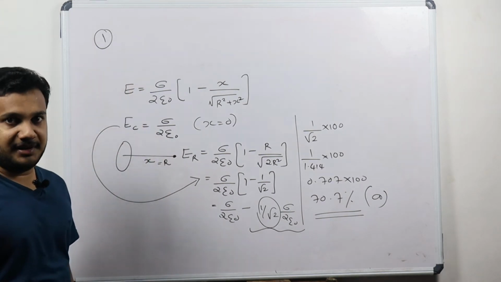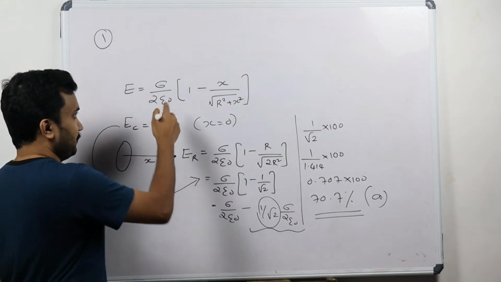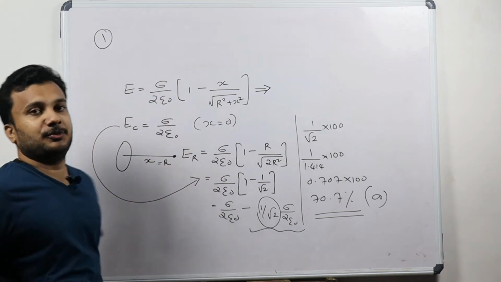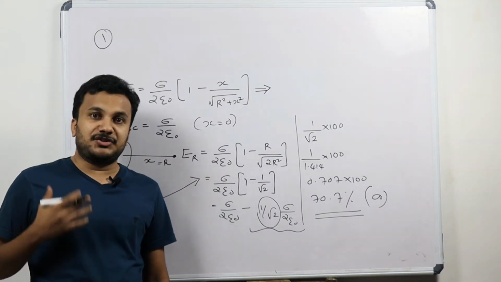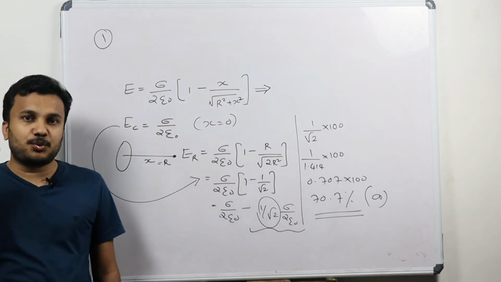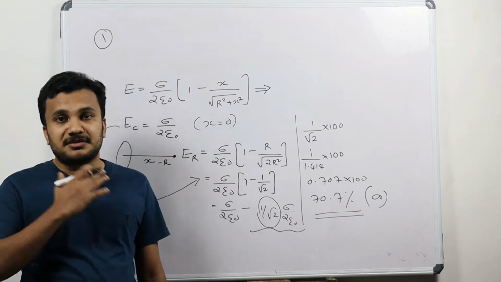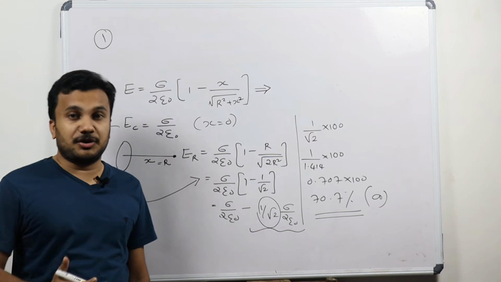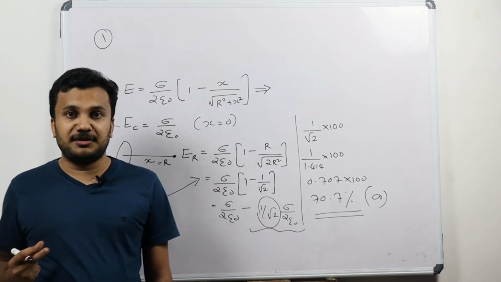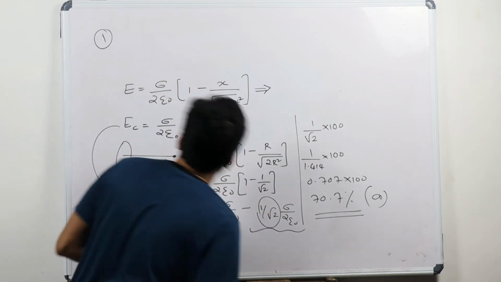Hope you understood, right? So that's what I'm telling. If you hear the word disk, then this formula has to come to our mind. Without that, we cannot proceed through all these steps. That's why I strongly recommend you maintain the formula book, because the formula book is quite important to answer such questions, because in physics, numerical-based questions are mostly based on formulas. So formulas you have to remember, and for that you have to maintain the formula book. Let's go to the next question, question number 2.